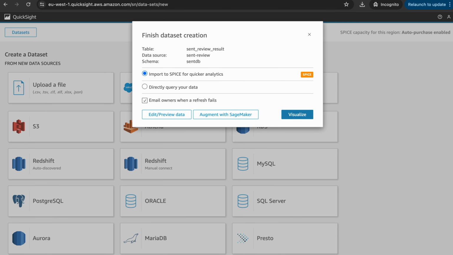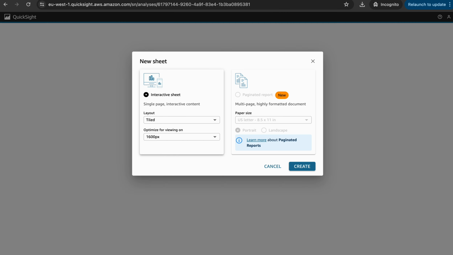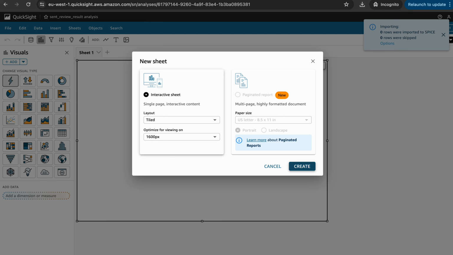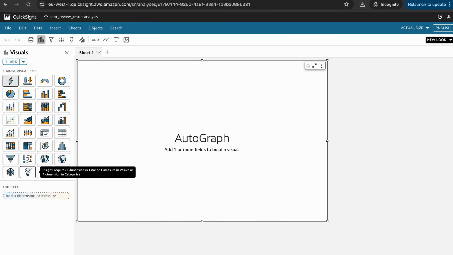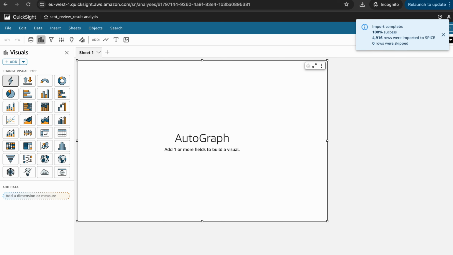Good. Visualize. Importing data is taking time. Alright, we can see this number of data was imported. Import complete. 100% success. 4,916 rows were imported to Spice. 0 rows were skipped. So